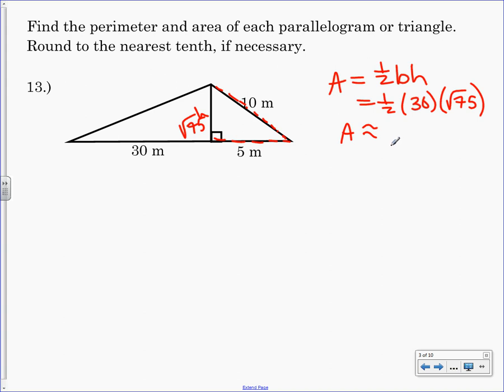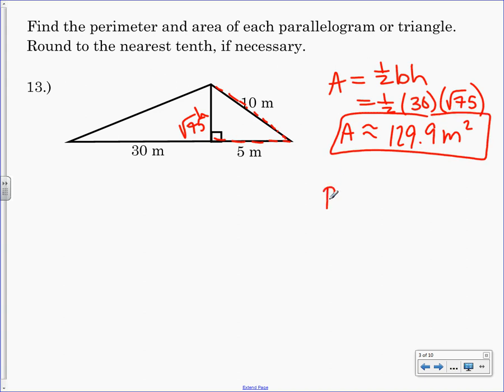And what do you get? 129.9 meters squared,